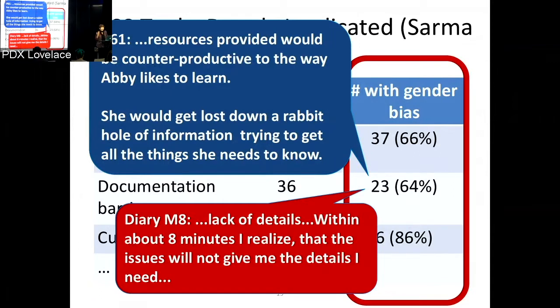Now, did they bend themselves around to some other learning style? Yeah, probably. Will that be costly to them cognitively? Yes. Okay? Why do we want people to work in some unoptimal way for themselves? And why do we want everybody to think alike anyway? I mean, don't we know that the whole reason that all these companies are trying to promote diversity is that diversity of thought is good for business and good for creativity and quality? So let's not have our software stamp it out by making everyone think the same. Okay.